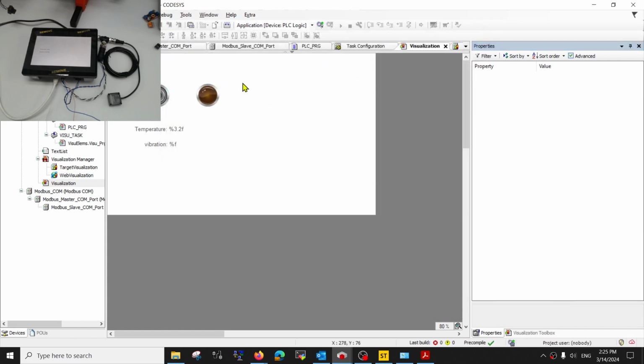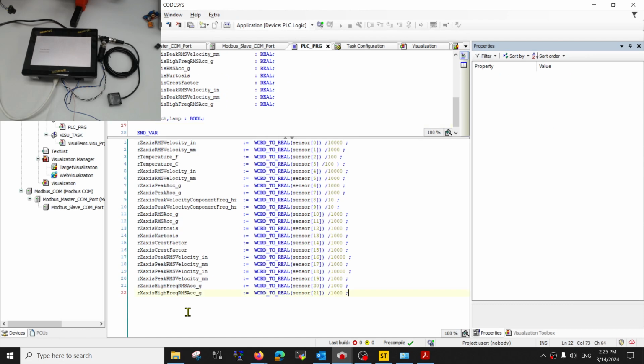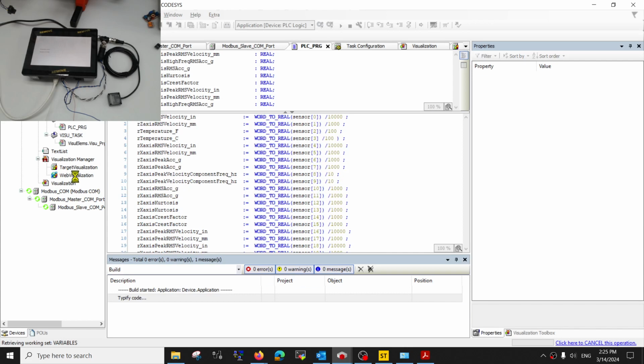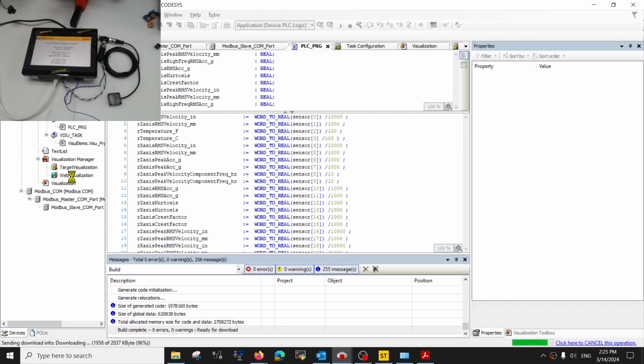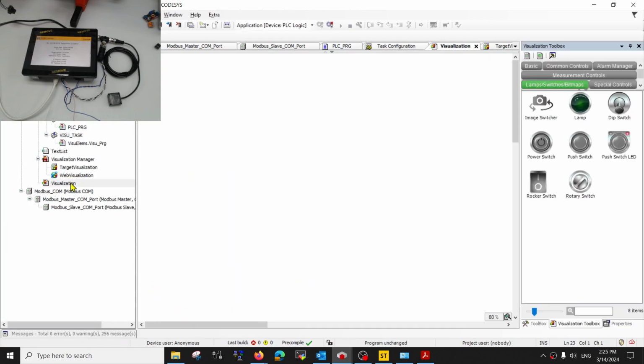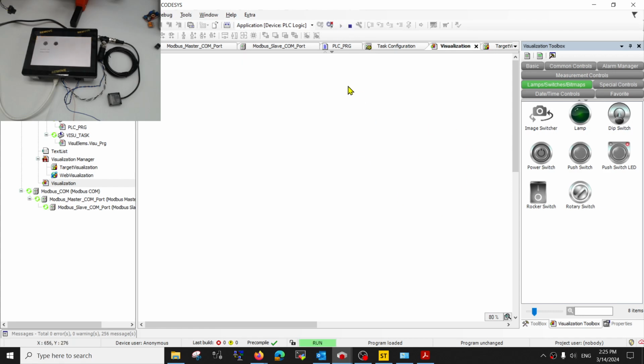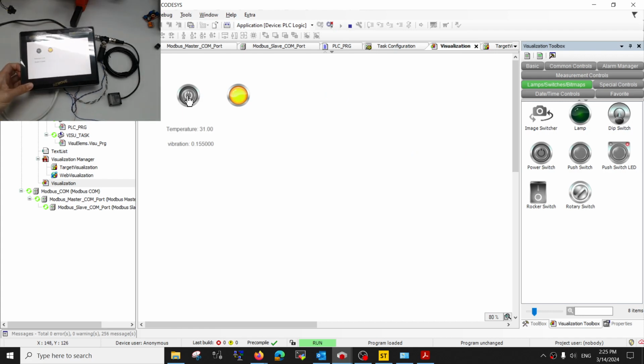Okay, and let me add some code in between, where the output of lamp will be equals to the state of the switch. Okay, so once I'm done, let me log in, and you should be able to see that the code should run very smoothly. And you can see the lamp in my HMI. There's also a lamp also. If I touch,